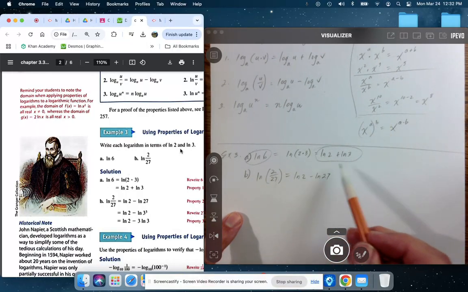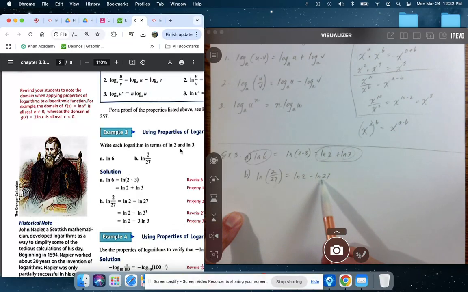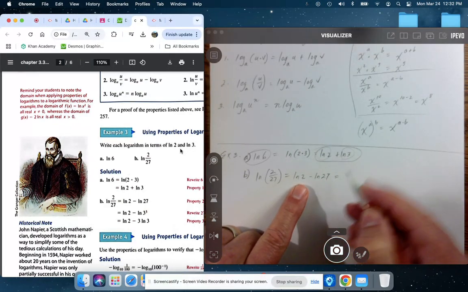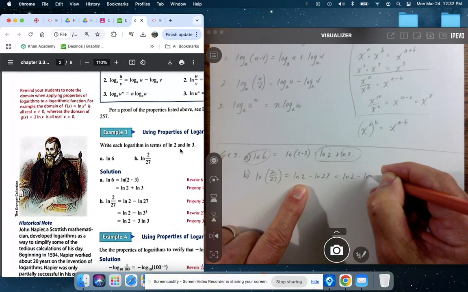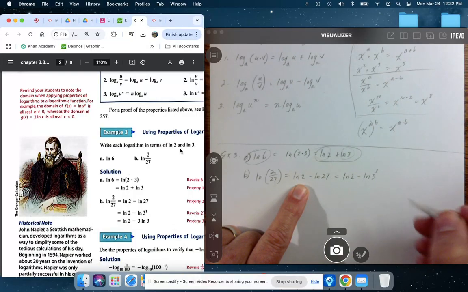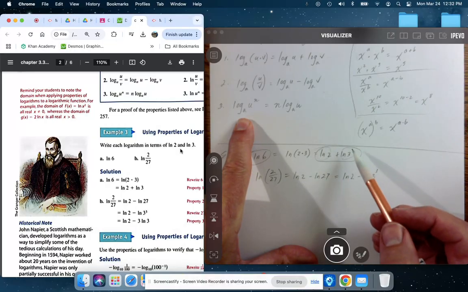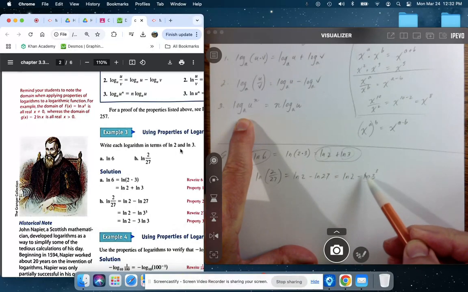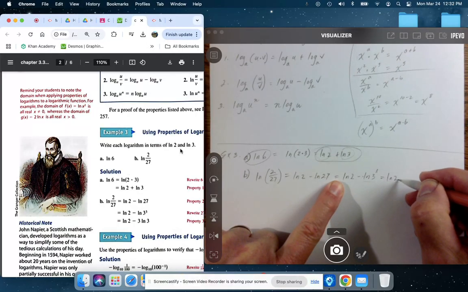But I'm supposed to write it in terms of natural log of 2 and natural log of 3, so this needs to be broken down somehow. Now I know 27 is 3 to the 3rd power, so I could rewrite this as natural log of 2 minus natural log of 3 cubed. Okay, now I've got natural log of 3, and by this last property, I know that this exponent can be brought out to the front here. So this can be written as natural log of 2